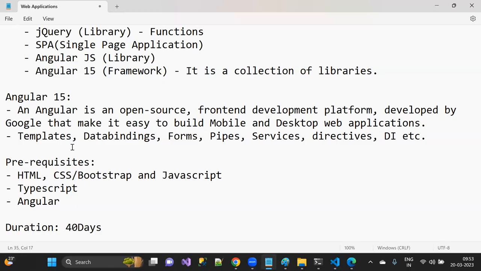Because you see, we have two different types of job postings when it comes to web applications: front-end developer and back-end developer, right? Back-end developers are whom? Java, .NET, PHP, Python. Those guys are the back-end developers. Front-end means what? The people who are experts in UI and UX, user interface and user experience, if they can build properly there.